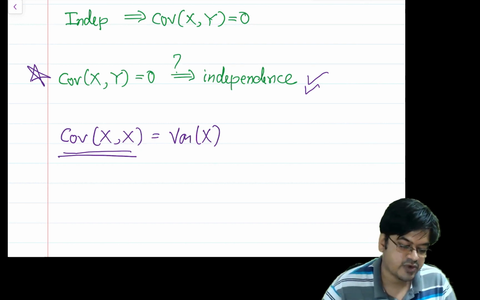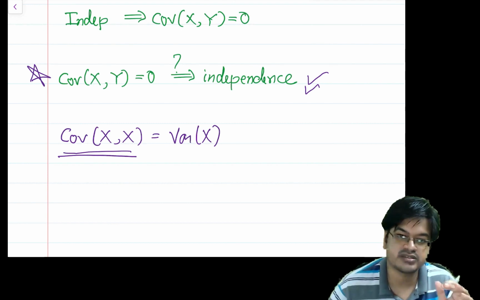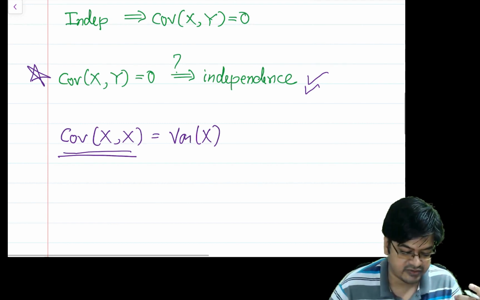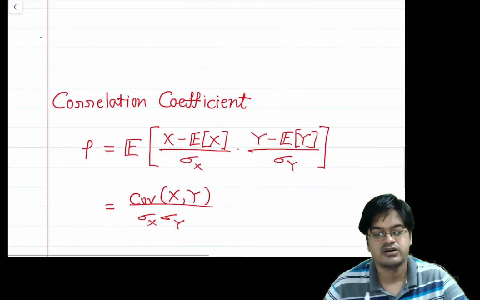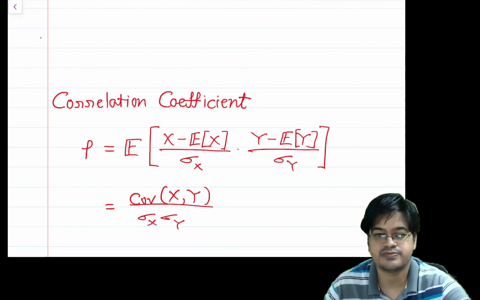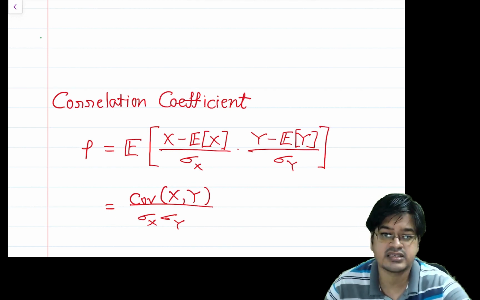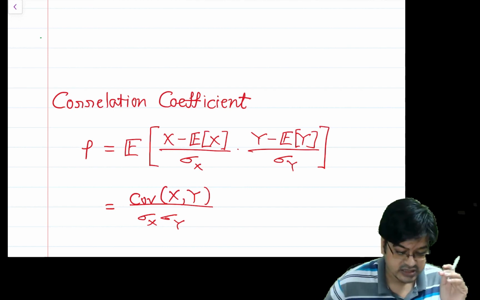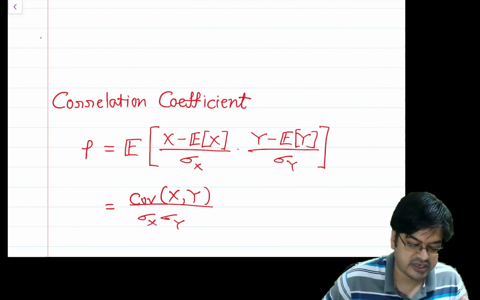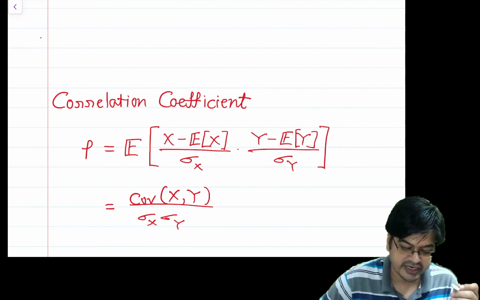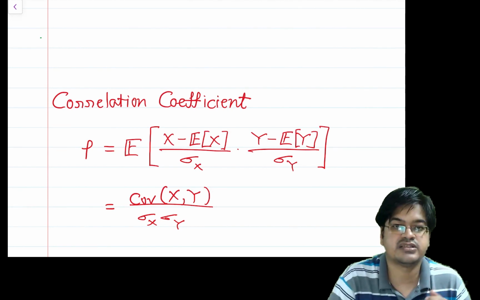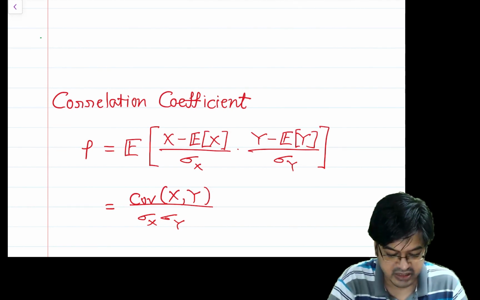So in that case, we want to get rid of this problem. So how will you get rid of it? For that, you will define a notion of correlation coefficient, which will actually help you in understanding the dimensionless quantity related to correlation. So what was creating the problem? It was the variance of x and variance of y.